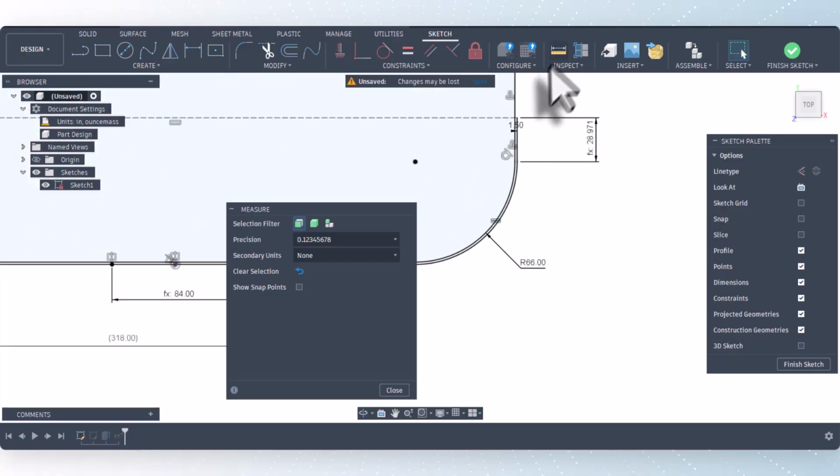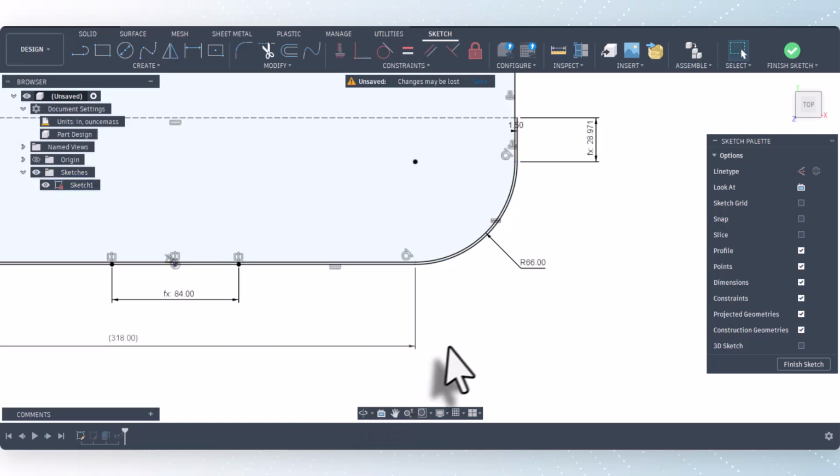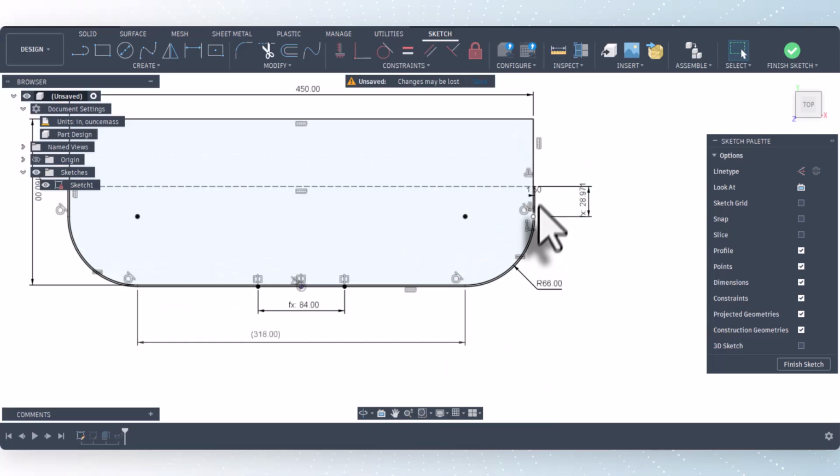And so I'll go to the inspection tab and I'll click on that curve, and it gives me the length of that curve out to 8 decimal places. Now we could also calculate the length of that curve, but we'd have to put in the formula, and for me it was just easier, if I click here, I can copy that to the clipboard. So I'll click on that value to copy it to the clipboard, and then I need this distance from here